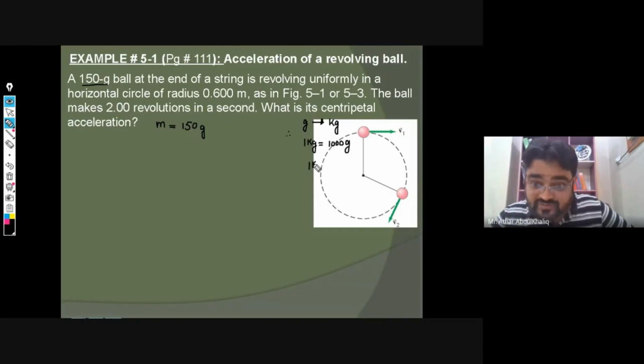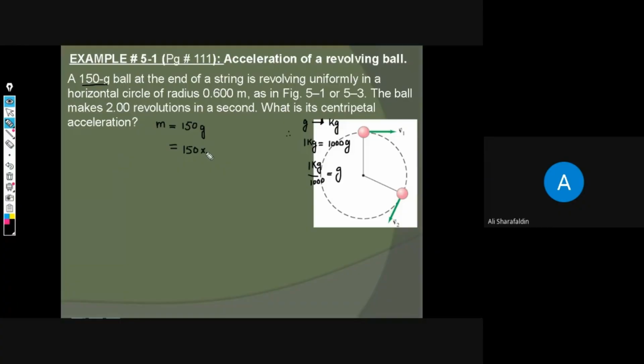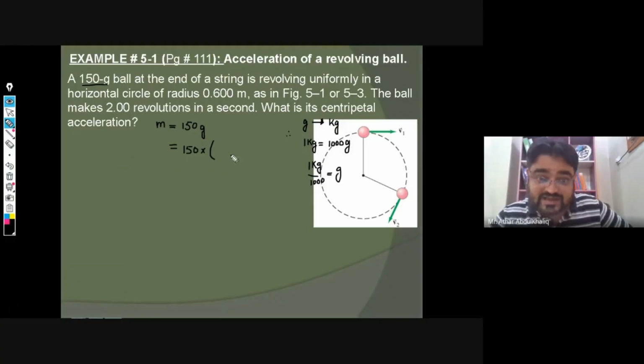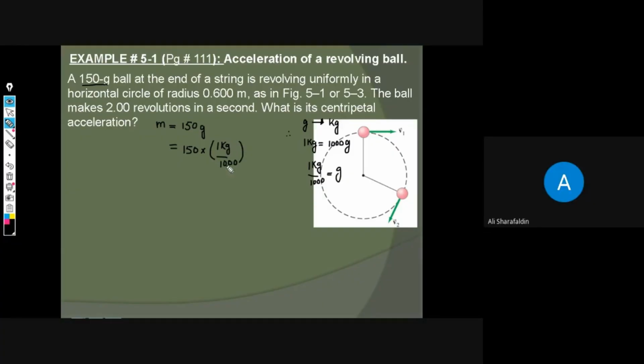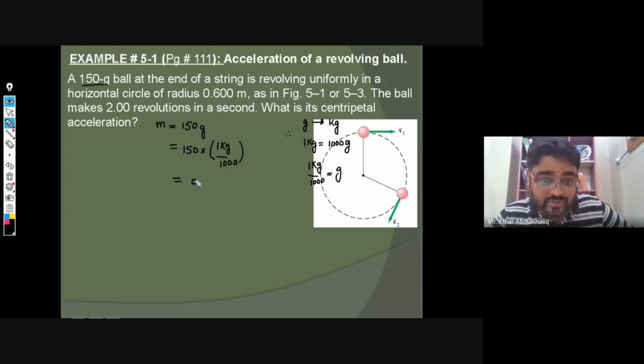So your conversion factor will be 1 kilogram over 1000 grams. So rather than 150 gram, I will write 150 divided by 1000. How much did you get? 0.15